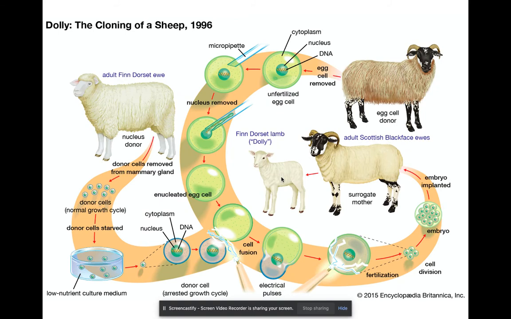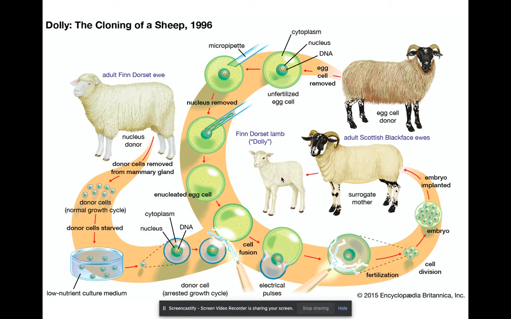They used electricity to shock these two cells to get them to fuse, and then with further electrical stimulation, those body cells from the white ewe actually triggered a new organism. And so that cell division happened there, and there's an embryo that was formed, and then you implant that embryo into a healthy mother, into her uterus,